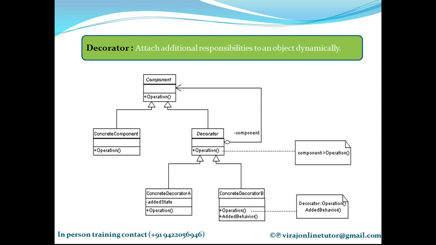So the concept says, since decorator needs to have the same interface as the concrete object which you are planning to decorate, our first decision would be to inherit decorator from concrete component, because I want the same interface. But you should never do that. Never ever inherit from concrete classes. Inherit from its abstractions. That's the reason I created an abstract class from which I am inheriting concrete component itself and the decorator also. So please inherit decorator from the abstract component class and not from the concrete component.